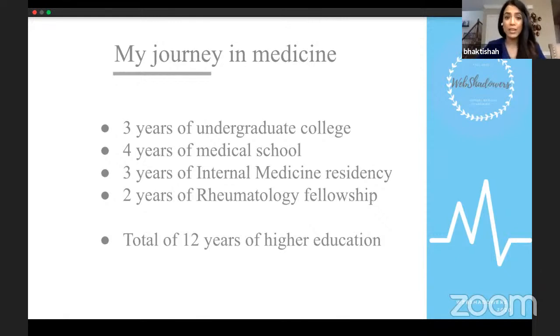And take my word for it. I finished all of my training about a year and a half ago. Right now, I'm working 40 hours a week. I have weekends off. I'm not working nights. Life is balanced. I have a great predictable schedule. I chose a career in rheumatology because of that balance that I can predict. I'm not rushed into the hospital at 2 a.m. I'm not going to be called in on my weekends off.